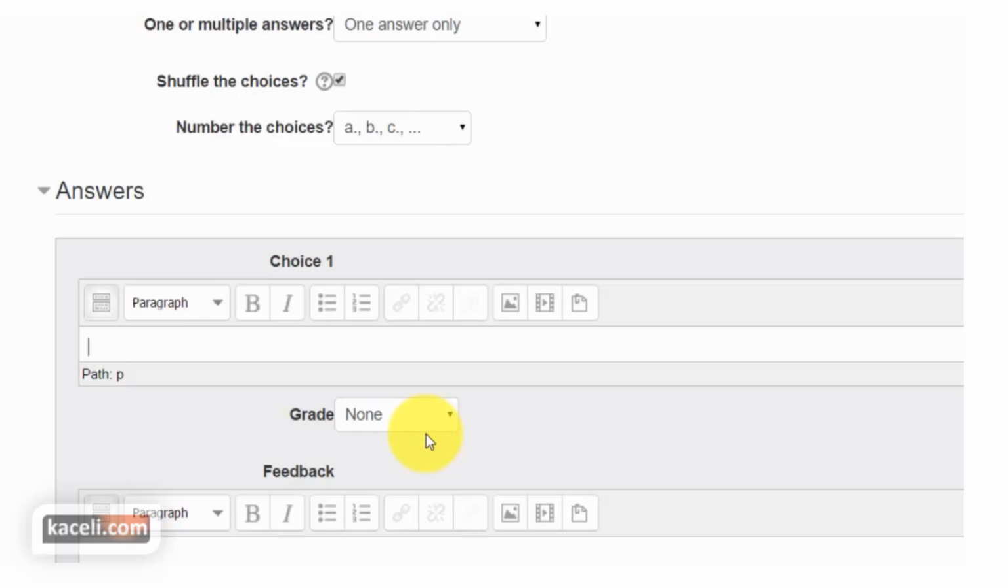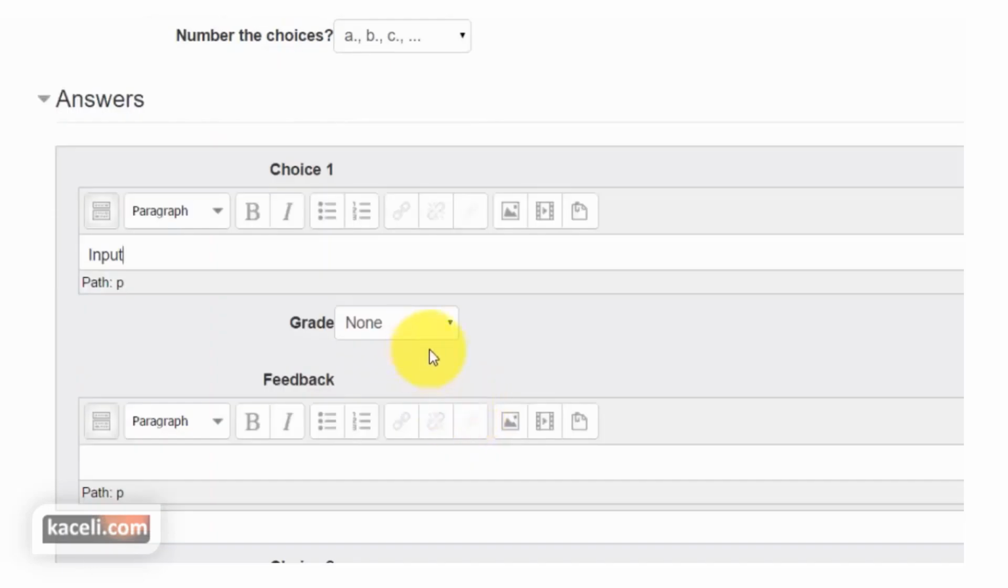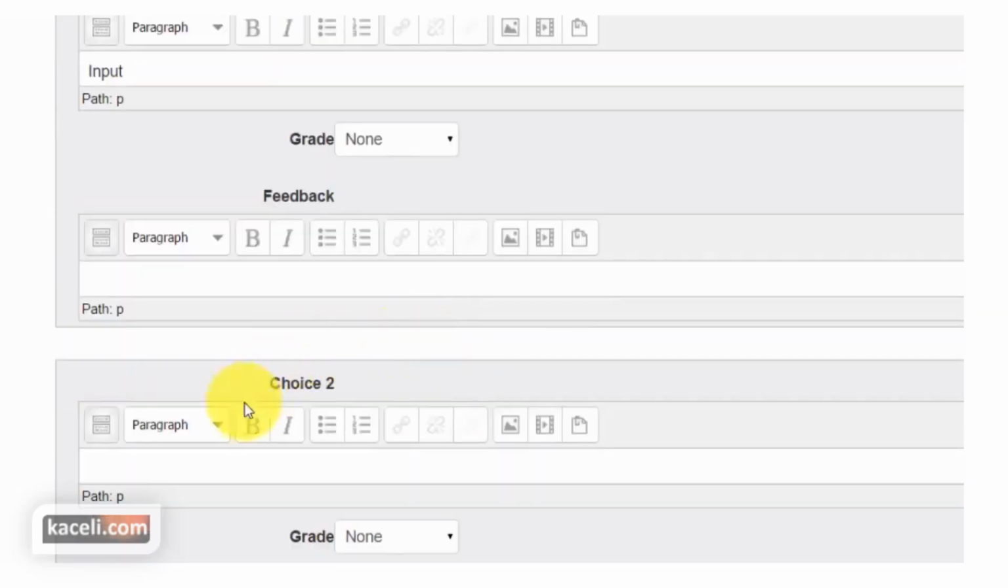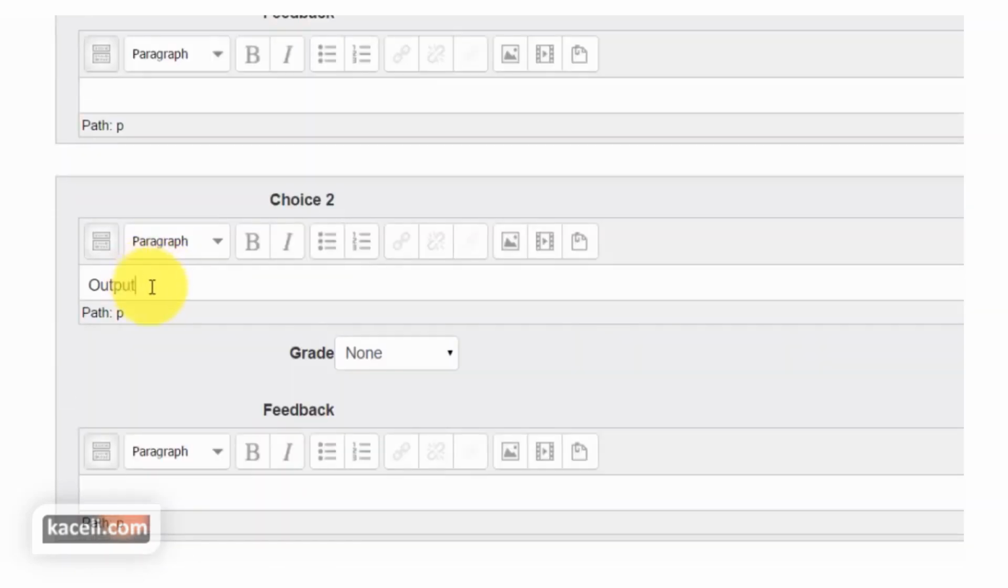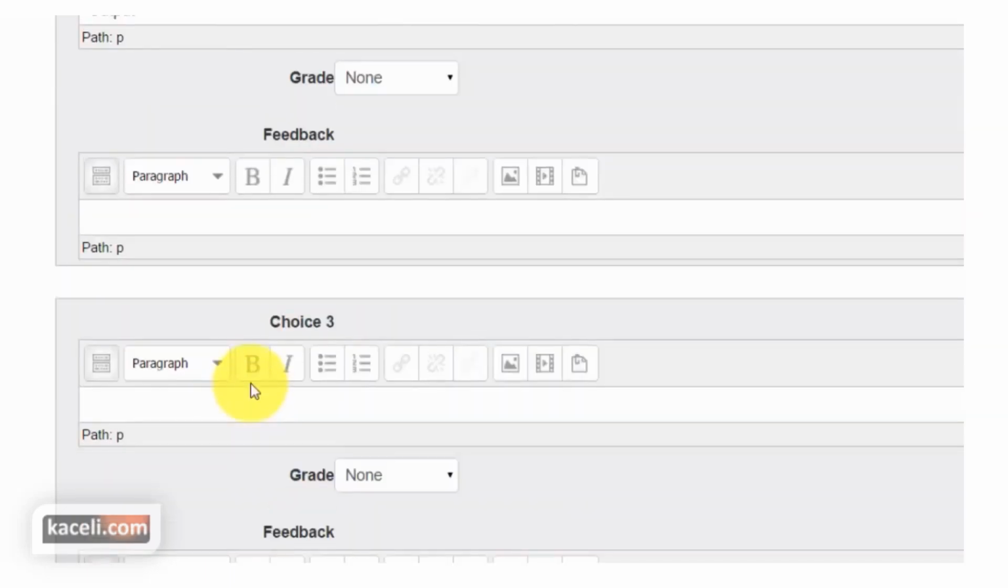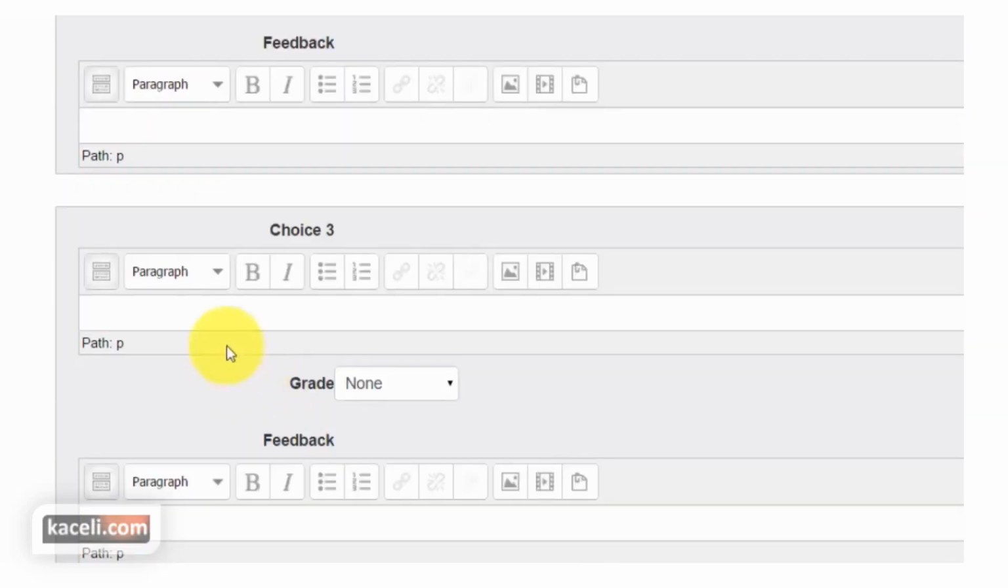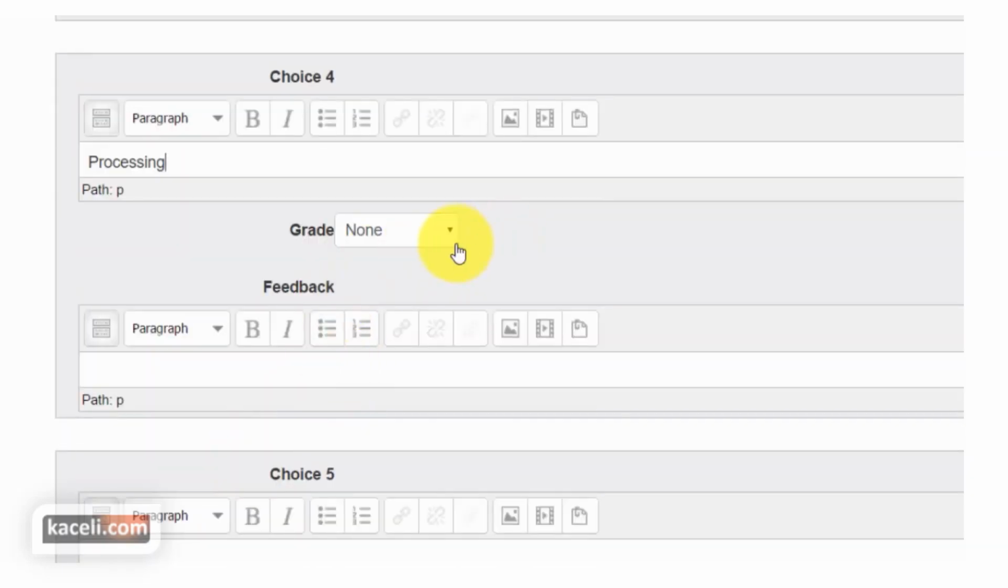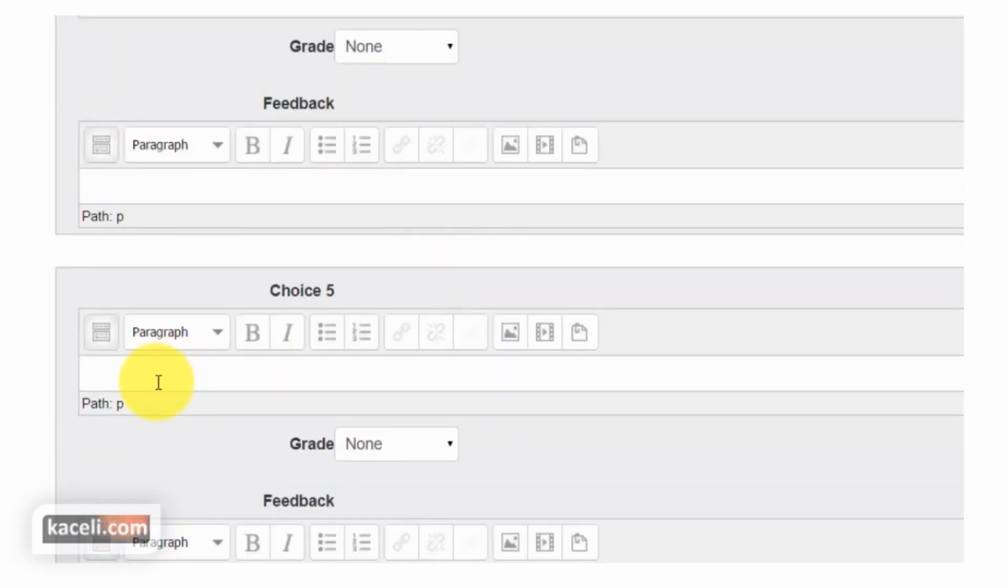So we say the 4 functions of a computer would be input. If they choose that, they get no grade. If they choose only output, that would be none as well. So they get no grade for it, or they get 0 basically, a failing grade. And then choice 3, let's say that's not the right answer either. And then choice 5 is,